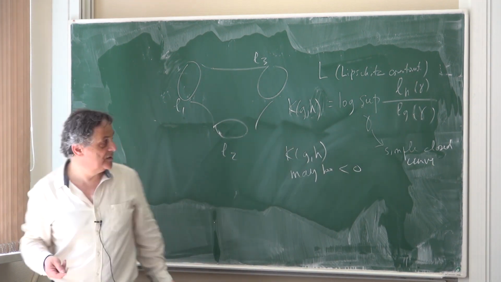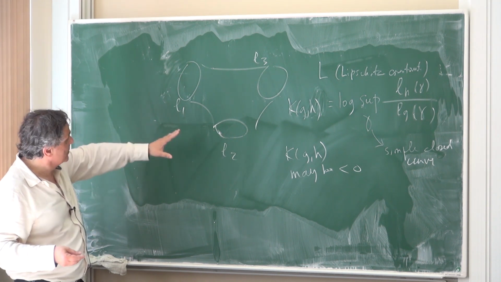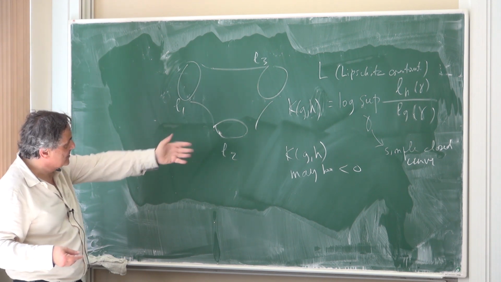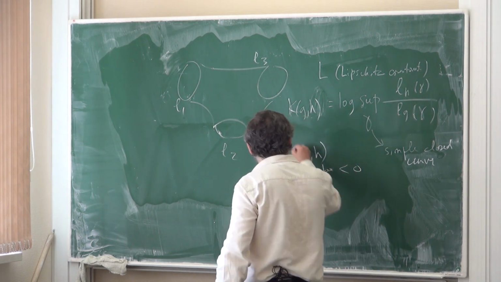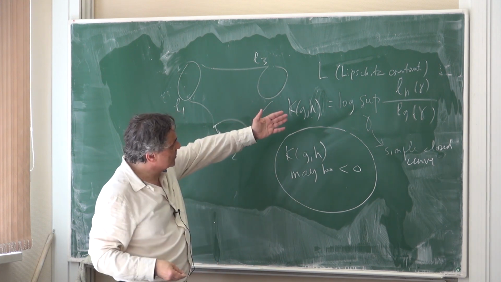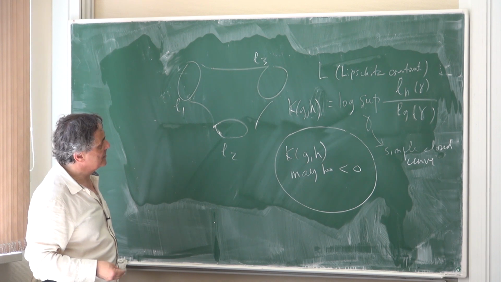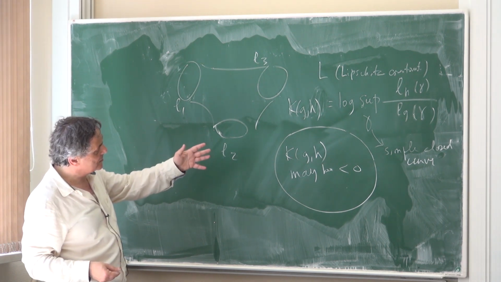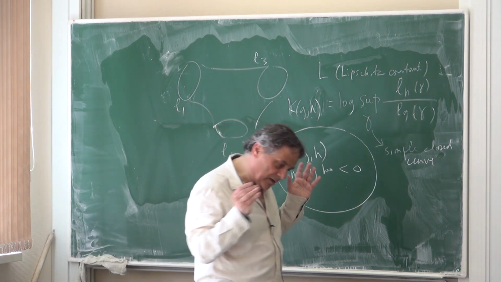And I don't want to deal with this. In fact, I want to have a metric on my space of pairs of pants, but this is not the right one. When you define a natural metric like this one, and you notice that for some pairs of points the metric is negative,